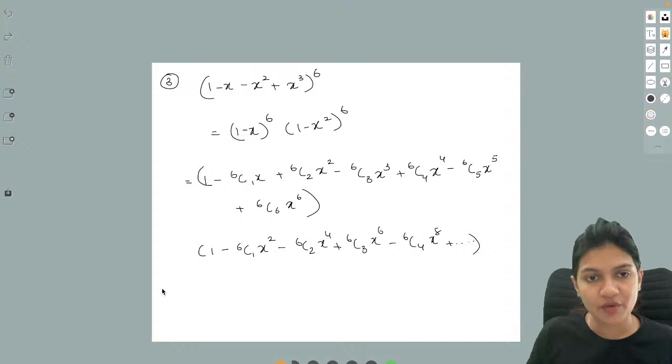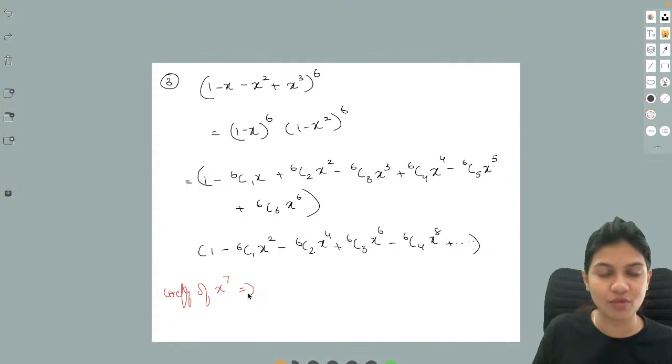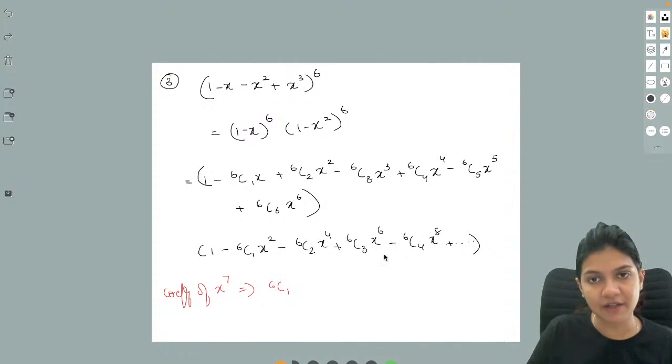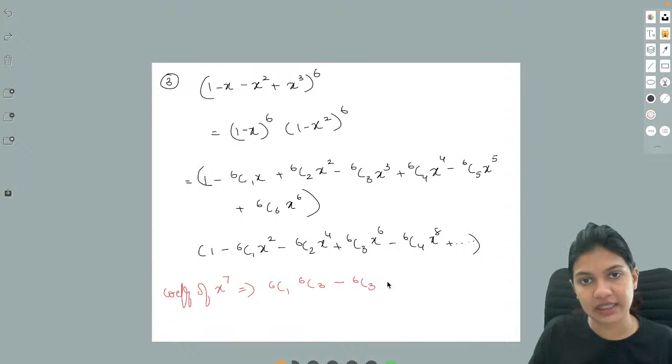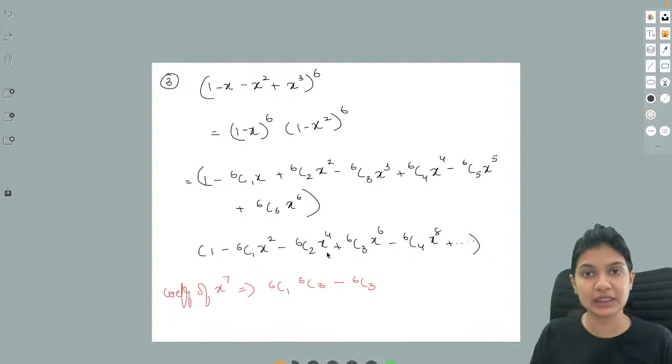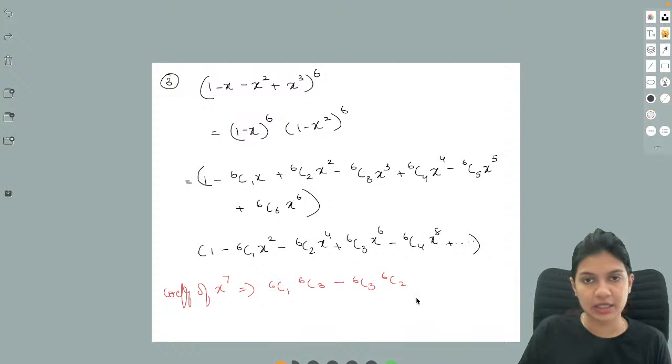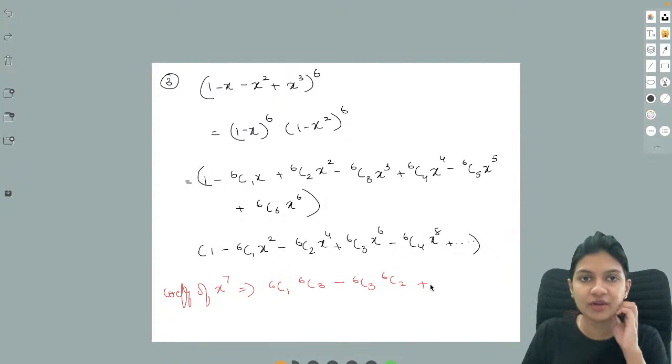So the coefficient of x to the power 7 will be 6c1 into 6c3, minus 6c3 into 6c2, and plus